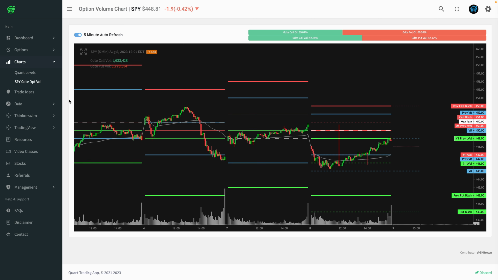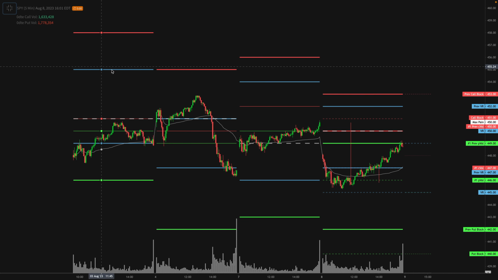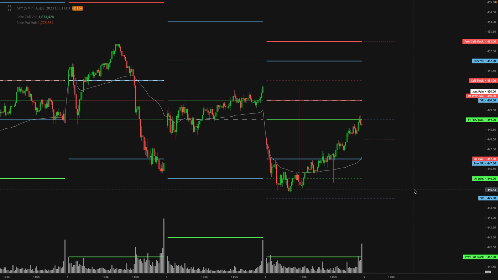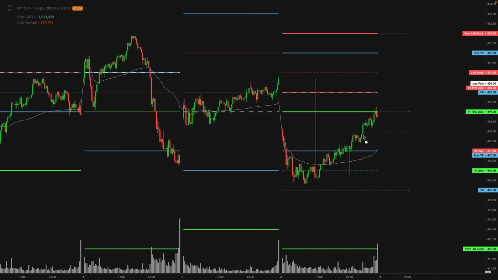So this is the same chart, same day, recording this just right after the market closed. So I'll just make this back to full screen here. We can see that the last time this was generated was 1 minute after the market closed. And we can see, as we were talking about, when I was recording it, the video was right around here or so. And we can see that price ended up hitting that 449 and it stalled out right